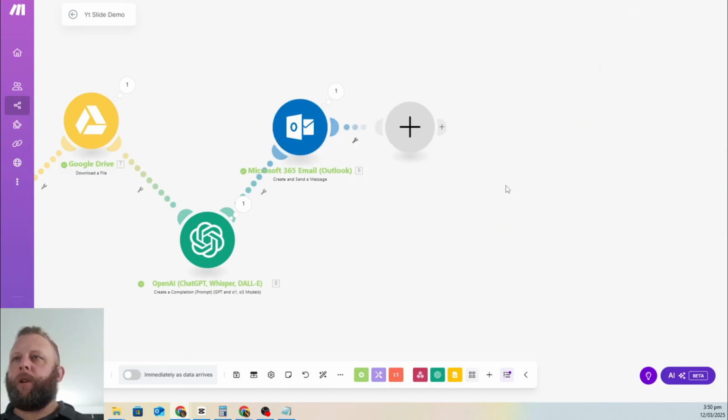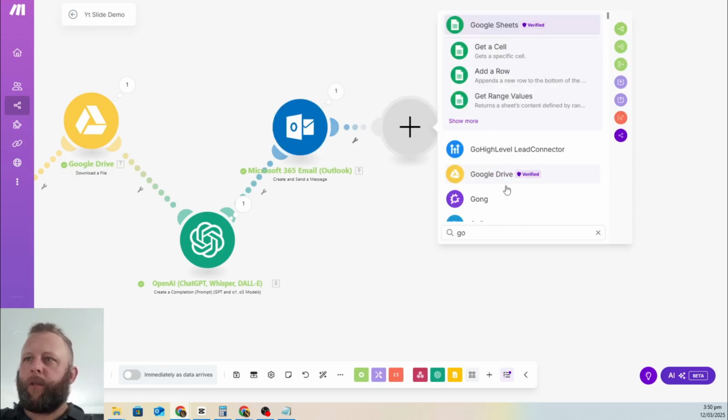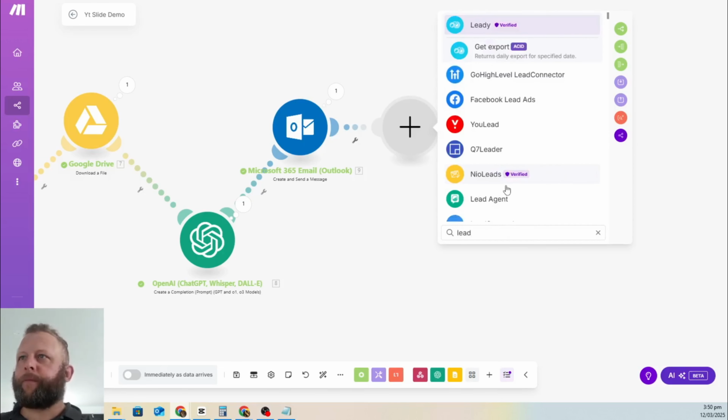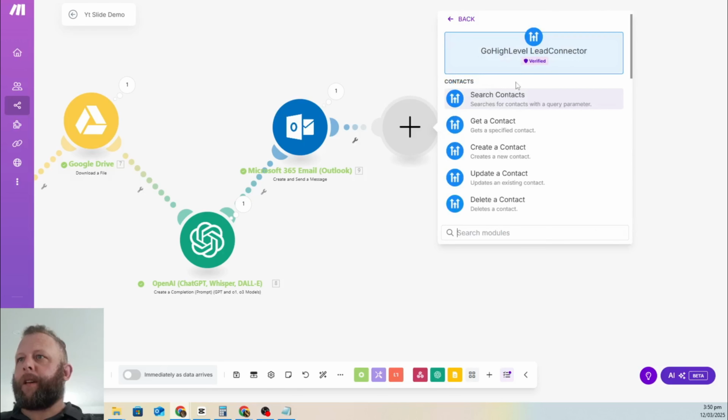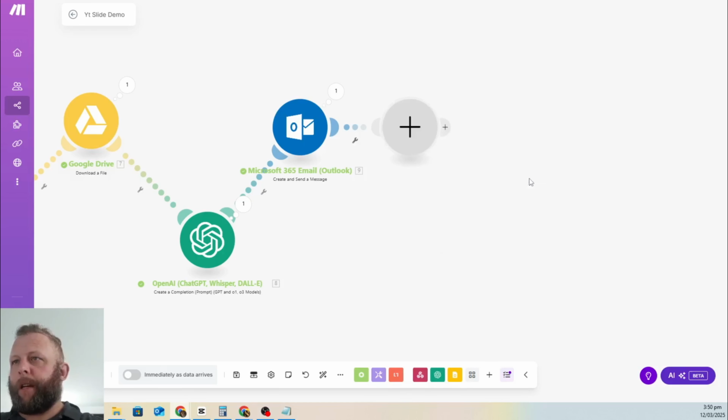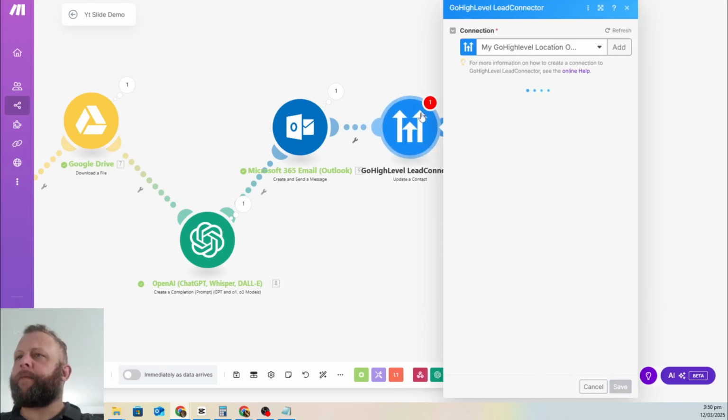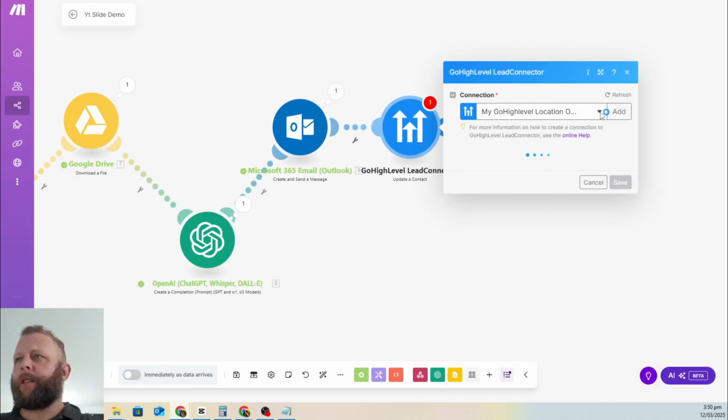So all we're going to do in here is go to Go High Level, a lead connector. So we have lead connector in here. Make sure you add your account, but first thing we're going to do is we're going to update an account. So once we update an account, we're going to add a tag to that account that they're now a positive lead. So all we're going to do is update a contact, and I'll just show you the idea behind this. So you need to connect your Go High Level account,